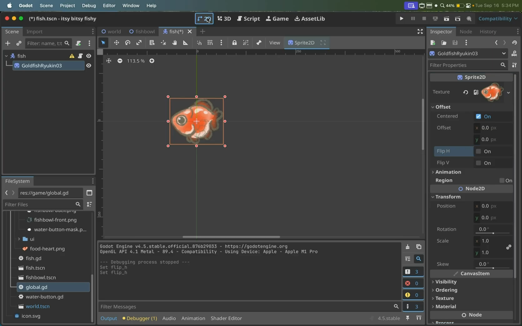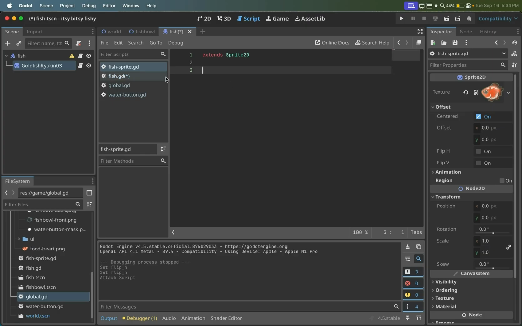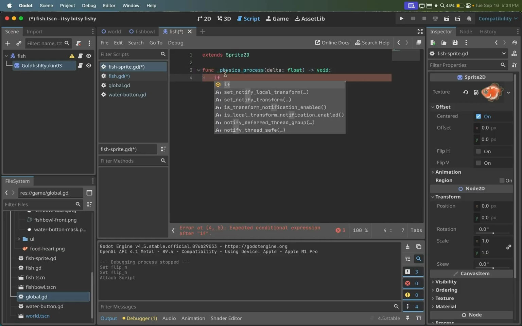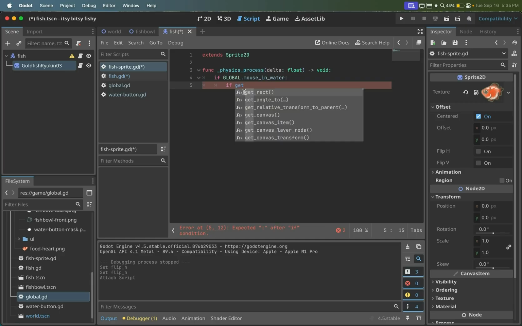So let's use that. So let's add a script here. Click on this node, add a script. We'll call it fish sprite and create that. So this script is for this one. And so we'll use the physics process function again. And again, we'll put the condition if global.mouse in water, and then if the mouse